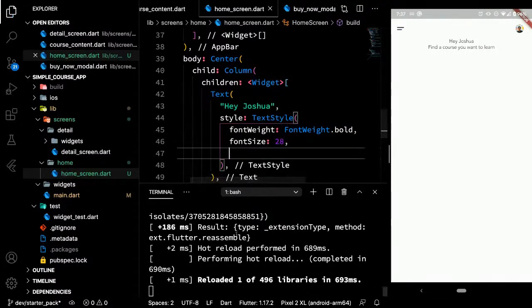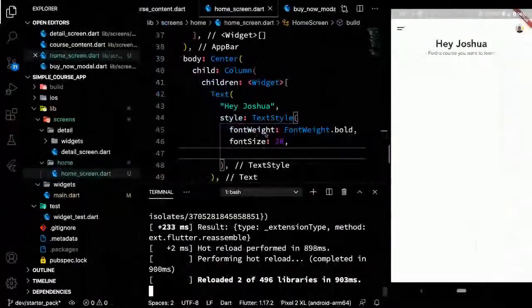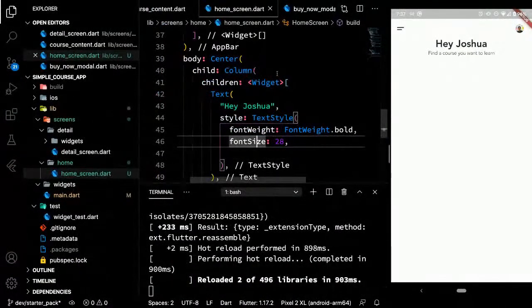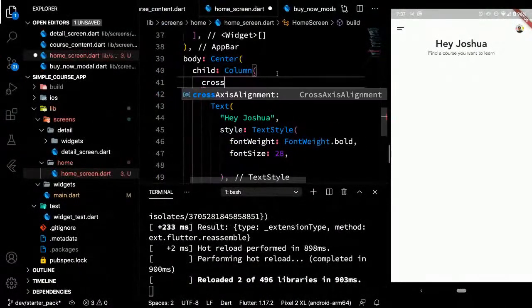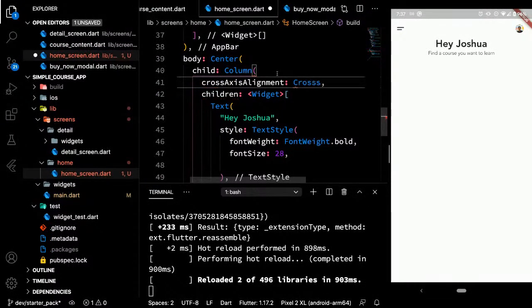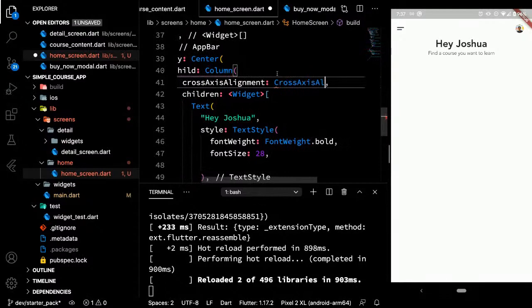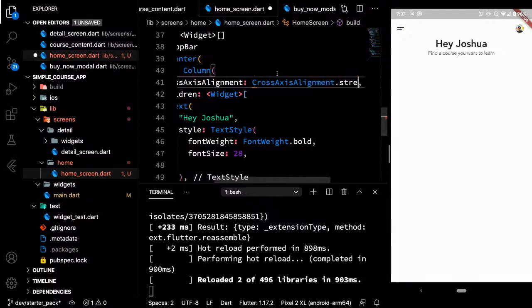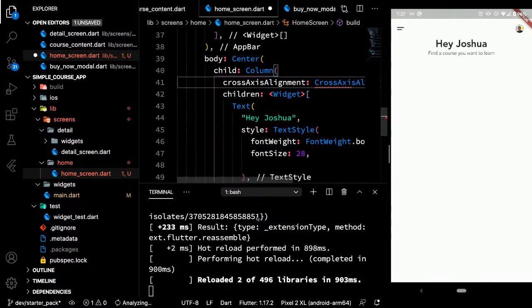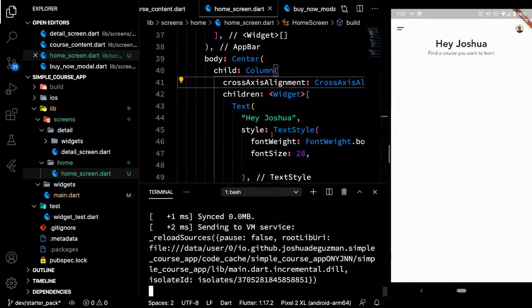So hey Joshua, I'll continue doing this one. I'll style the widget. We just have to stretch this one so it actually stretches itself. Alignment, that's stretched. I don't have IntelliSense right now, but hopefully whatever I've written here actually works.